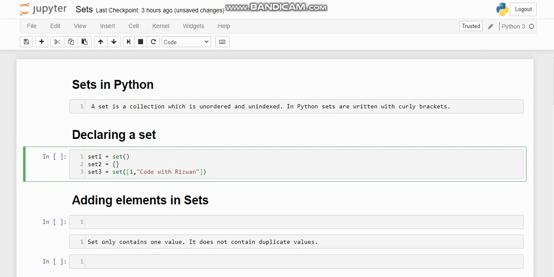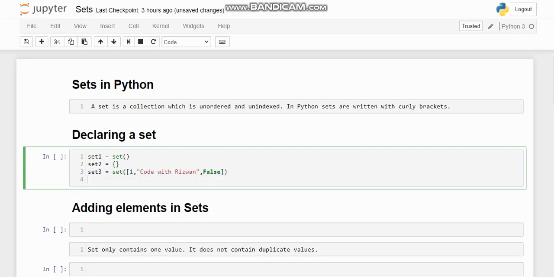First value is an integer, second is a string, and then any boolean value or something like that you can put over here. Similarly, the fourth approach is we'll use curly braces and along with that we will assign values to it.